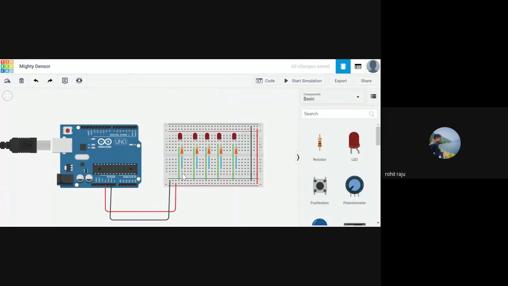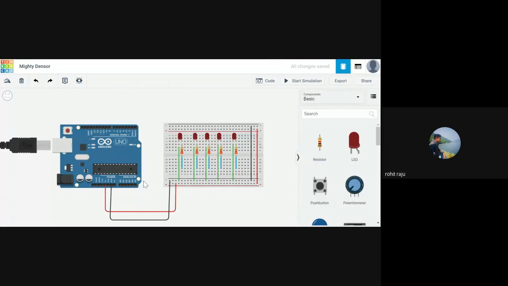So the one thing you'll be doing now is connecting these resistors to the digital pins. We have five. Let's choose any five digital pins here. Let's say 2, 3, 4, 5, and 6. Those will be five ports, right? So if you want to connect these resistors, you can choose any hole in the same column. So one column is left here.